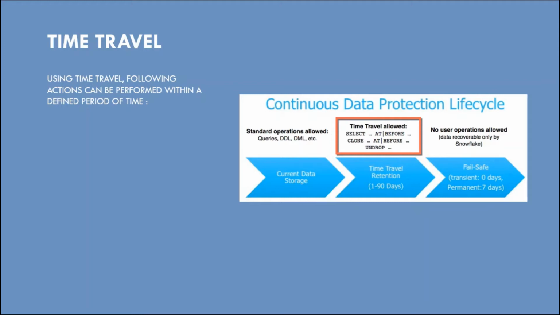In this section, we are going to discuss an important concept of Snowflake, which is time travel. In the previous section, we discussed different types of tables that are there in Snowflake. If you have not gone through the previous section, I would recommend you to go through all the lectures of the previous section and then continue with this section.